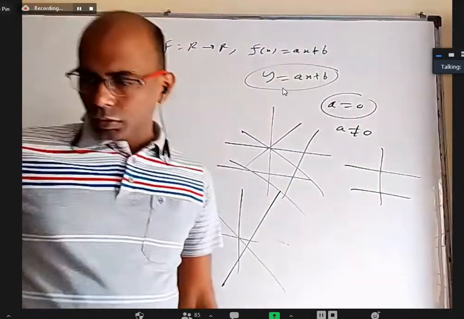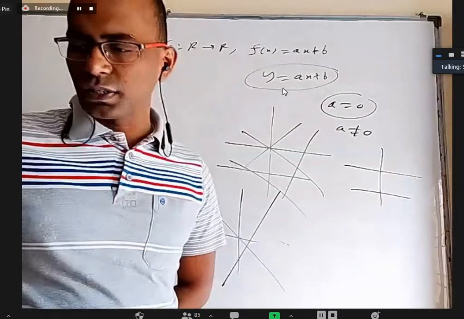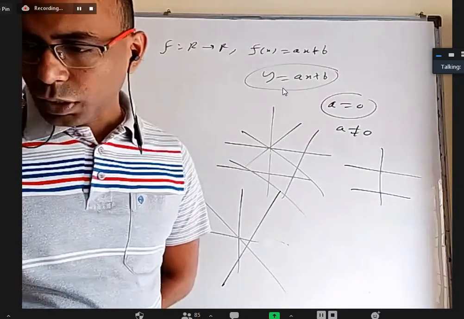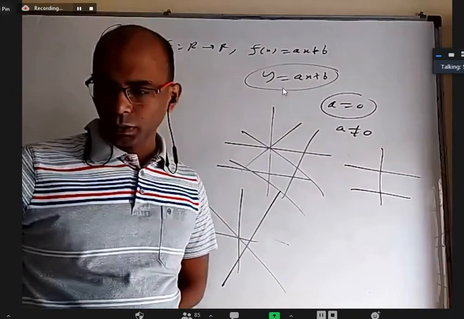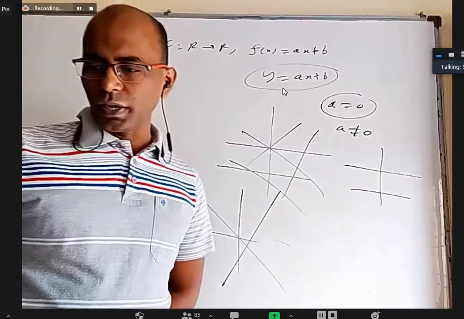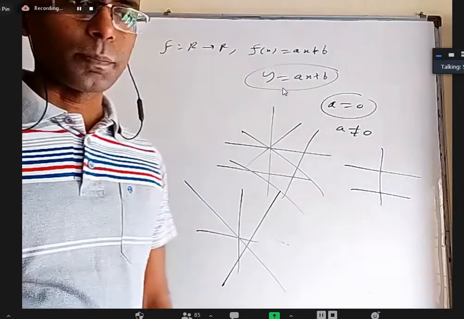Now if you want to have an inverse, it should be a bijection. It should be both one-one and onto. For that, the only condition is A should not be 0. So option A is fine, option B is okay, option D is not okay. Option C, any element provided the first element should not be 0. Option C covers the complete answers.